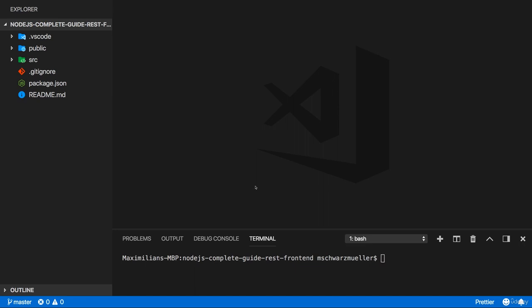Attached to this video, you find a new project, and this is now not a Node.js project. Instead, this is now a React.js project. React.js is a front-end JavaScript framework. It runs in the browser, and it allows you to create such a single-page application, which I mentioned in the